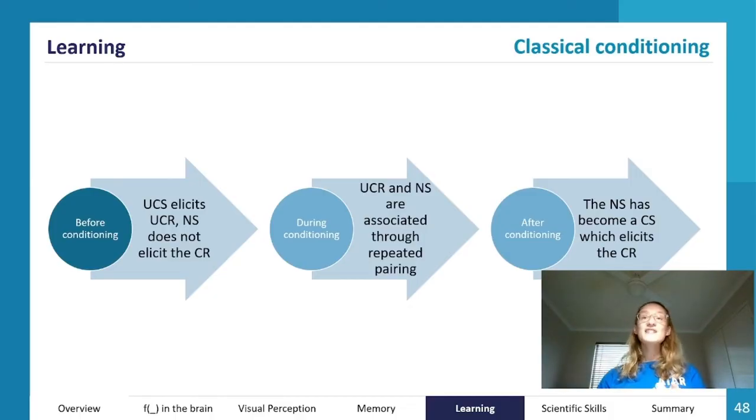So classical conditioning is about the involuntary association, so it's unconscious, you don't have to think about it, between two stimuli. We have three phases in our conditioning: before conditioning, during conditioning, and after conditioning, after the learning has occurred. So we have lots of letters here. I'm sorry we don't have what they stand for written on the screen, but I'll go through what each one of them means. So UCS is the unconditioned,